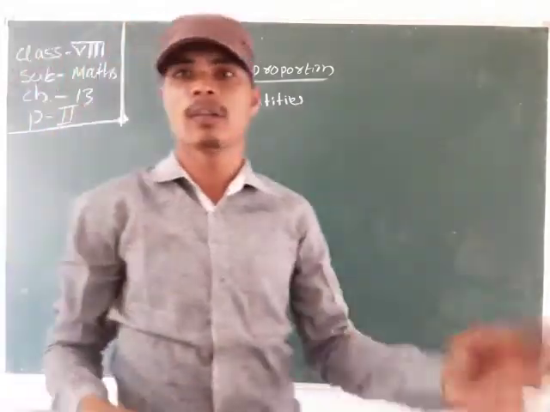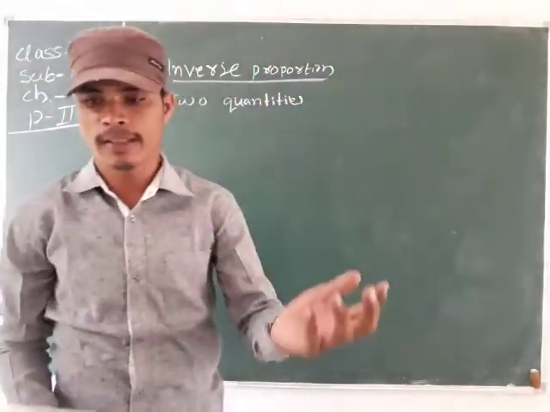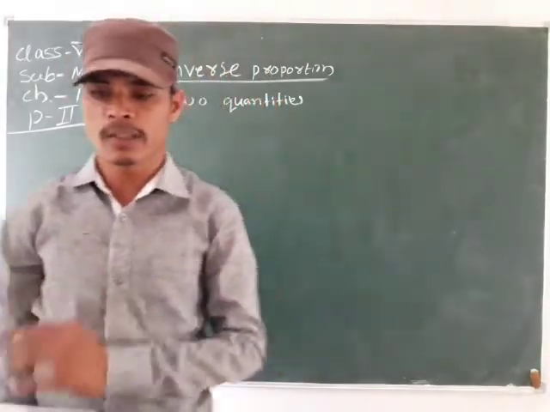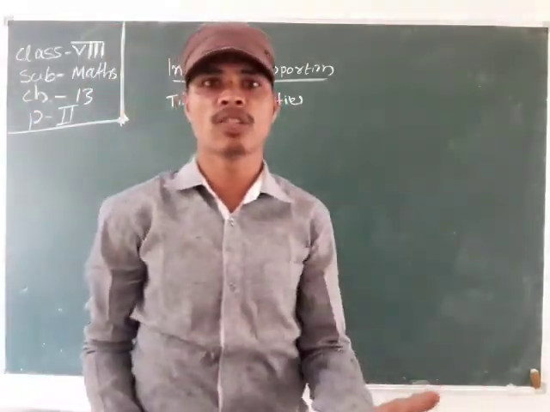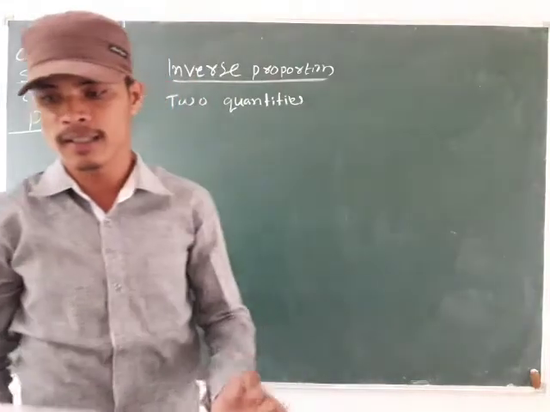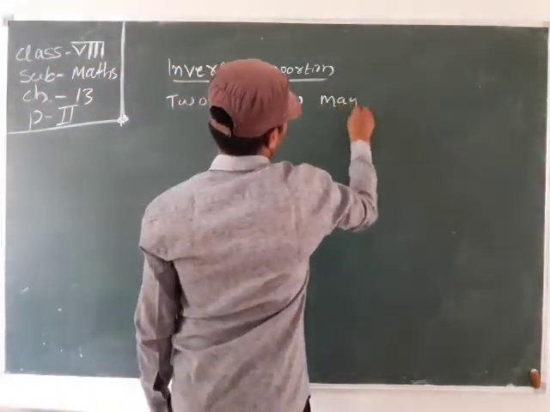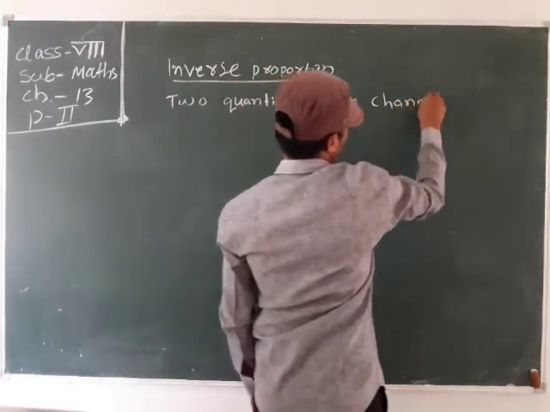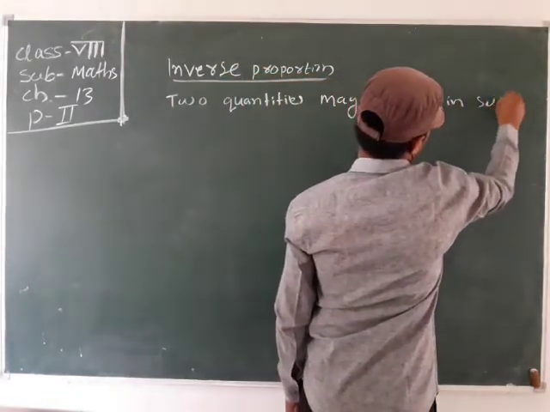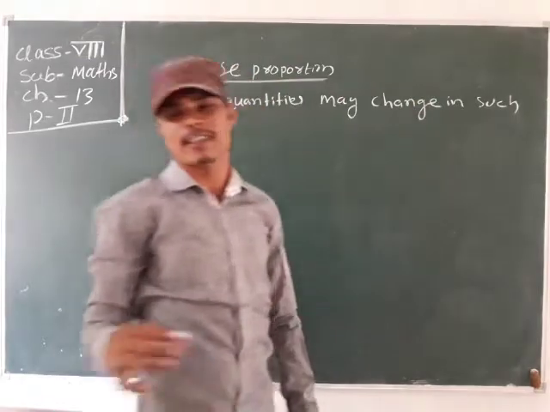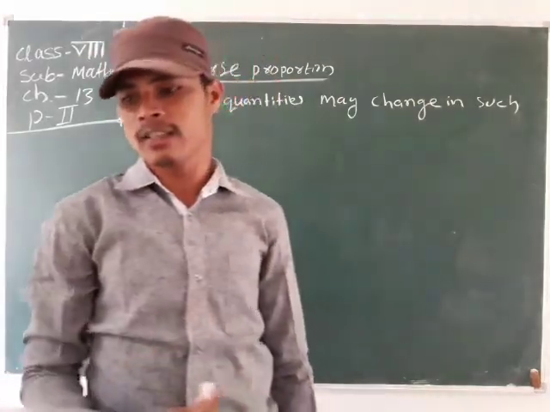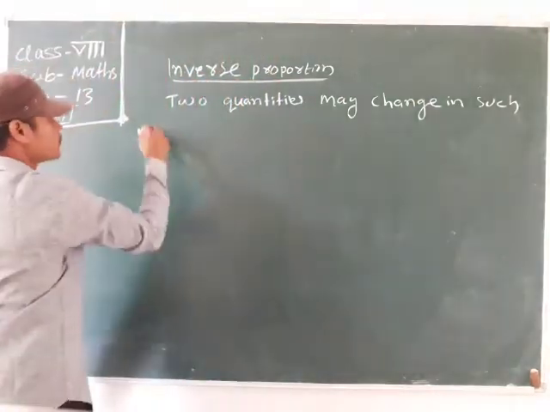Suppose here the book and price. Two types of quantities are given: the number of books and the price. The two quantities may change in such a manner that